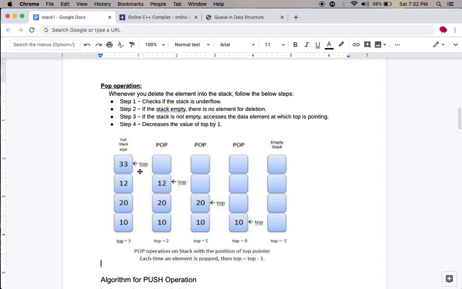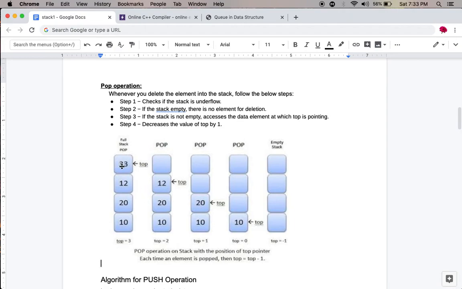So here we delete the last element, 33. After deleting the element, the top is decremented by 1. So 3 minus 1 is 2. Therefore the top points to the second index position.